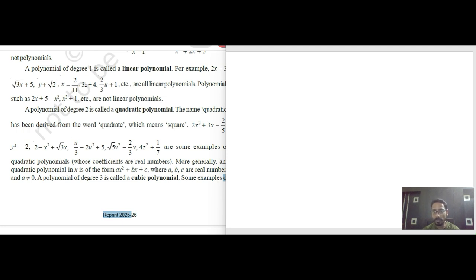Now we are going to discuss the second chapter of NCERT book, that is polynomial. Okay, so जैसा कि आप जानते हैं